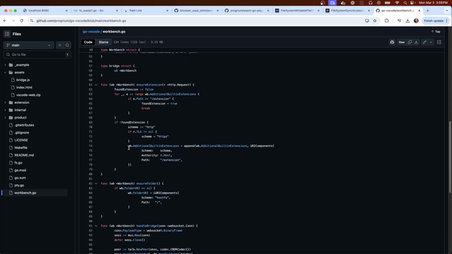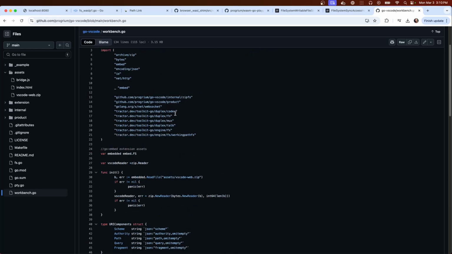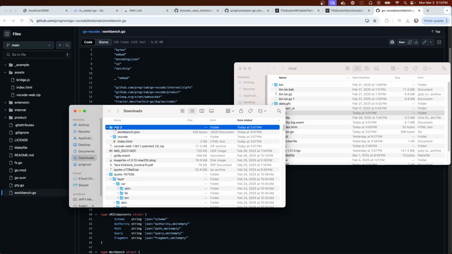Zip reader. Dist. Oh, that's old FS. Maybe we'll try embedding it without compression just to see how that goes.